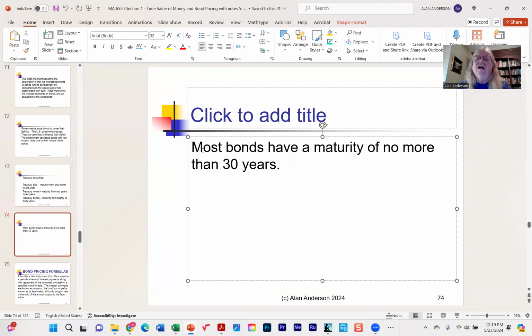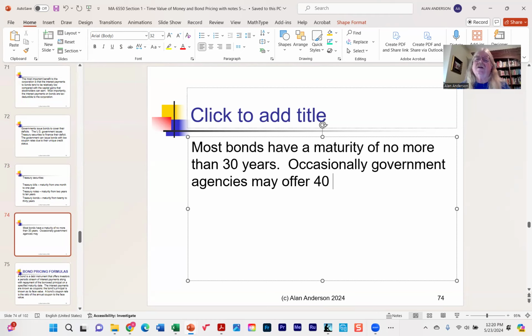But occasionally there are government agencies that may offer 40-year bonds. They do exist, but it's kind of unusual. Now, I mentioned the Walt Disney 100-year bond. At one point in time,